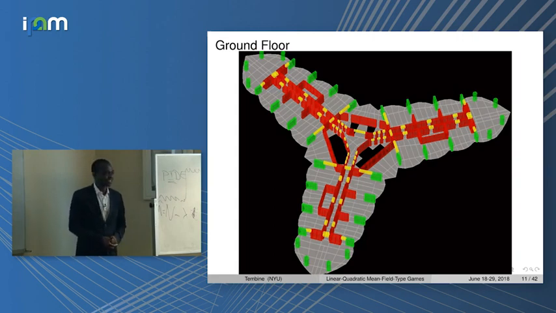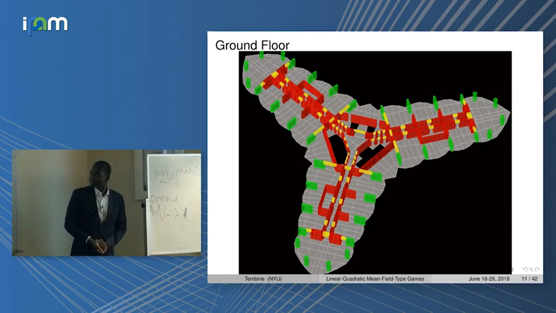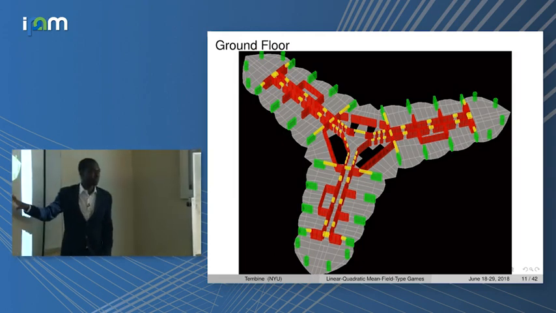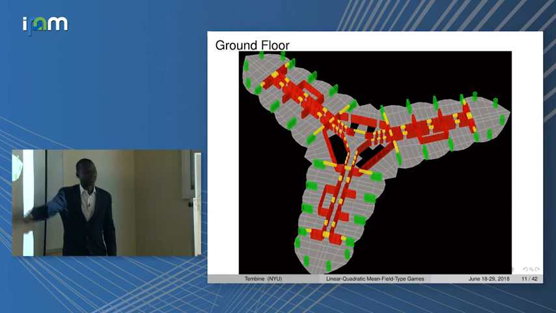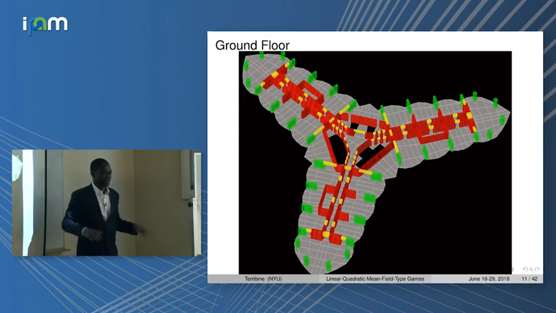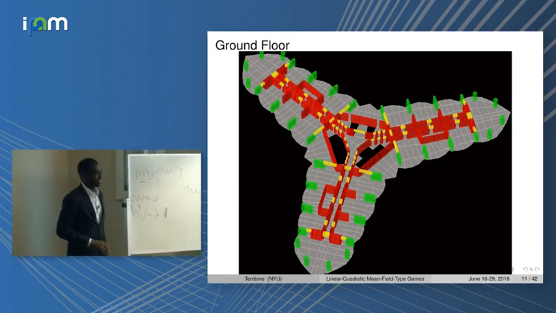163 floors and 828 meter high altitude. The ground floor looks like this, just the map of the ground floor. There are a lot of exits, so that's good news. Whenever there is a problem, you could exit through one of those exits, although some of them might not be working.